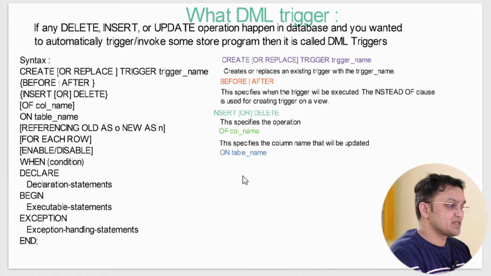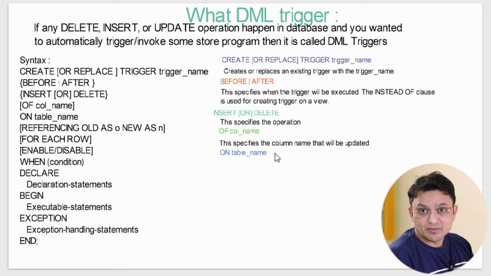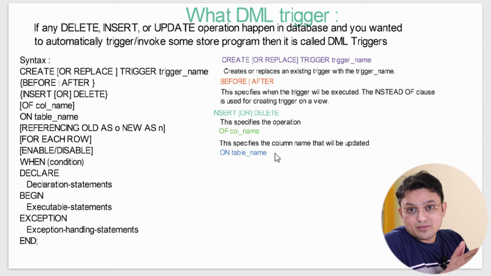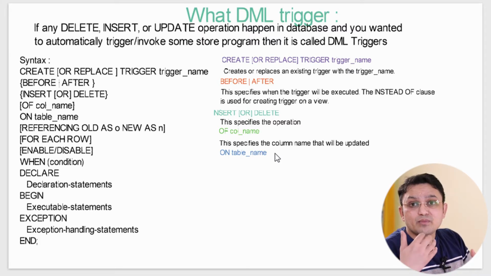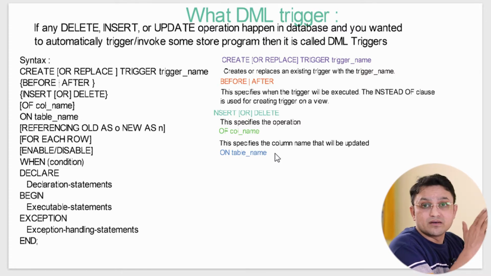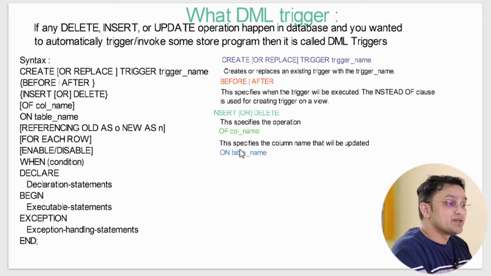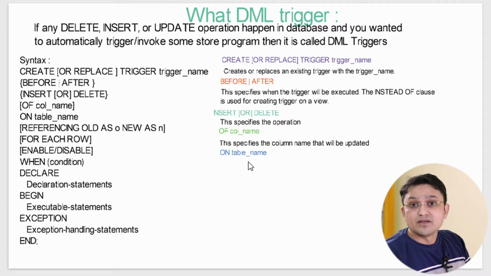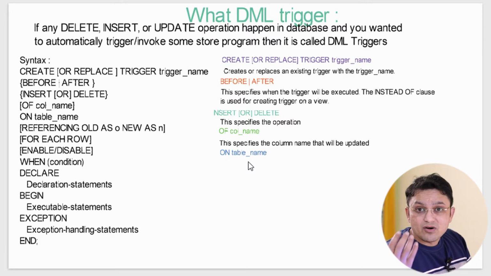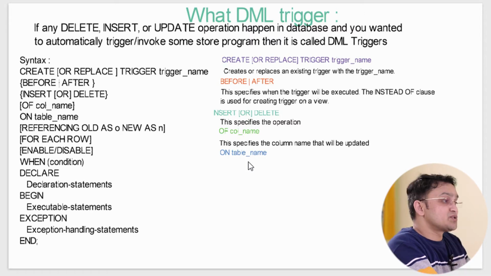Okay, now moving on to the next thing, which is nothing but on which table you want to apply this trigger. In our case it is the employee table, correct? So what is my requirement? My requirement is that whenever any DML activity happens on my employee table, only then execute this DML trigger.